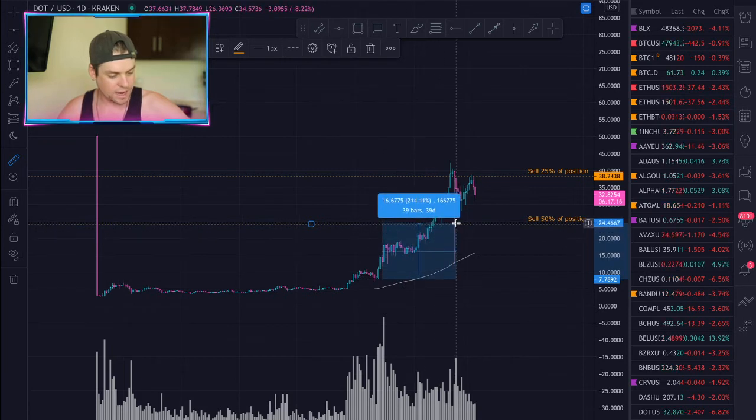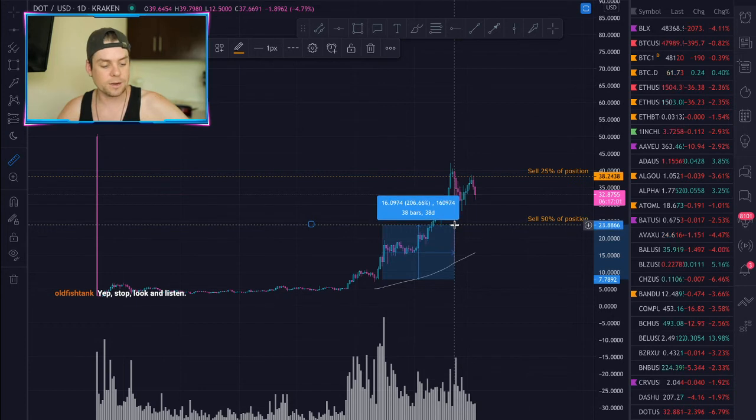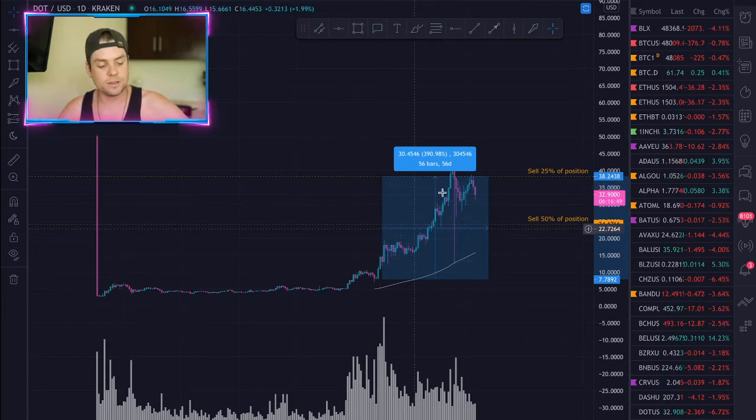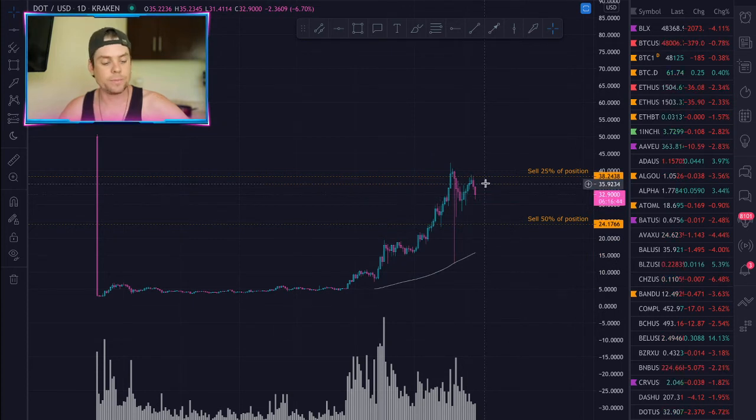You would have sold half of your position at 200%. Basically, you're pulling your initial investment out. So you pulled your total investment out and you have your initial still remaining in the trade. And then up here, you're at 400%. You've basically just tripled your initial investment capital, your trading capital, and you're leaving your initial investment in the trade.